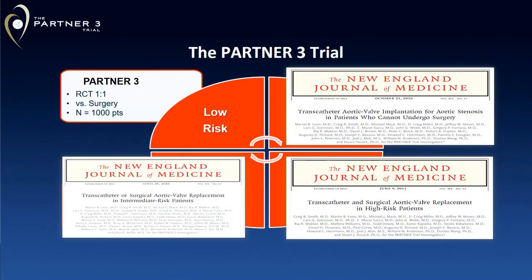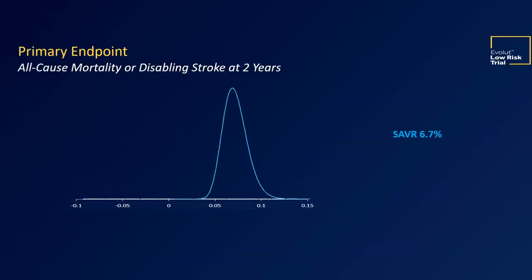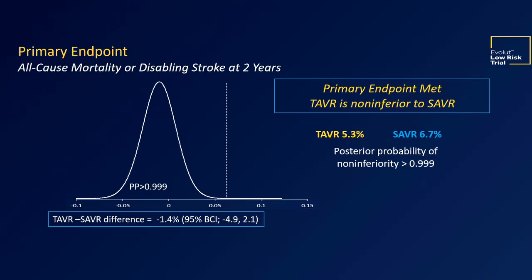Obviously, this was also published in the New England Journal of Medicine, and this was also presented at the same session at the ACC 2019 with the lower risk with a self-expanding valve, which was a similar design, except that they're going all the way to 2 years, and they have adaptive trial design with Bayesian approach. So they were looking at the primary endpoint, which was also met for non-inferiority, looking at all-cause mortality and disabling stroke at 2 years, but they presented just the 1 year data, which showed that non-inferiority was met in that study, and that was important.